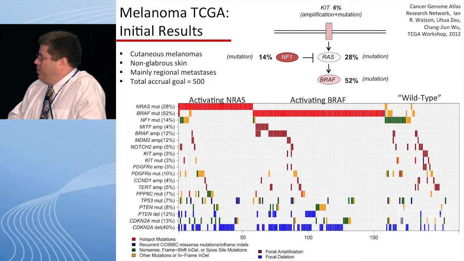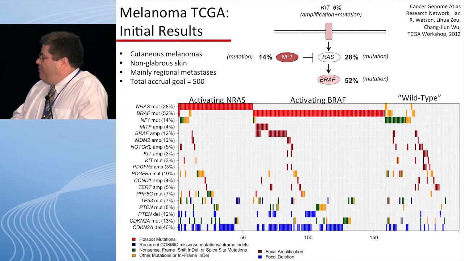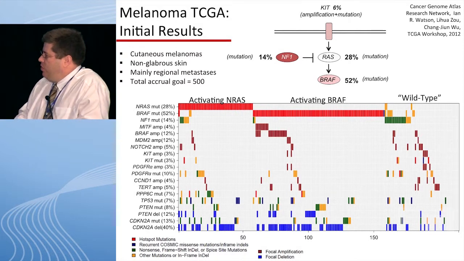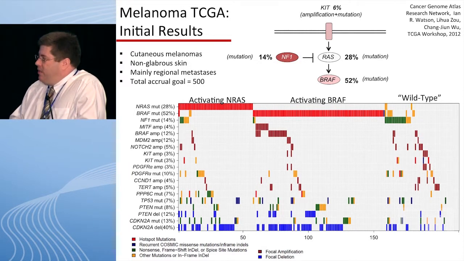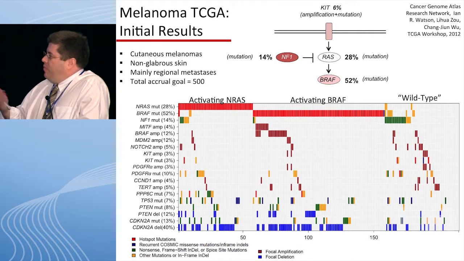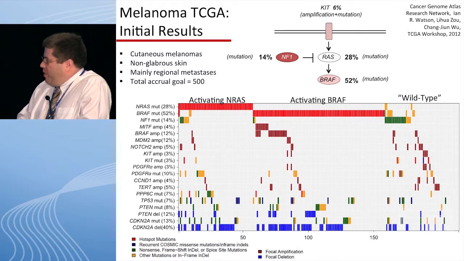And so this is actually the initial public report of the data that was presented at the TCGA workshop late in 2012. This was about halfway into the study, a little over 200 tumors. And in actual fact, the mutations that have been reported so far are basically the same as what has been reported in the other studies. I think the two studies by both the Yale group and by Linda Chin's group have really given us a pretty good list of what the mutations are. Again, the most common ones being in NRAS and in BRAF.